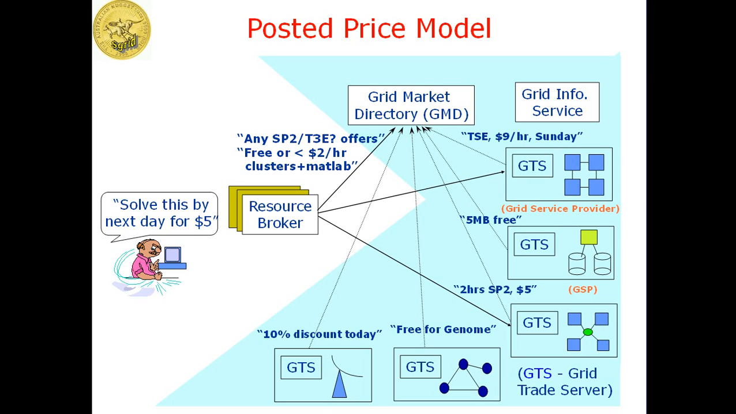According to application requests, GRB has created a message that includes the resource required by the application and of course the restrictions defined by the user. For example, in this request, any service provider 2 or T3E can offer free or lower than $2 per hour. This is for cost. And also this application